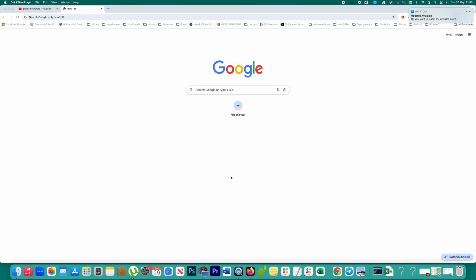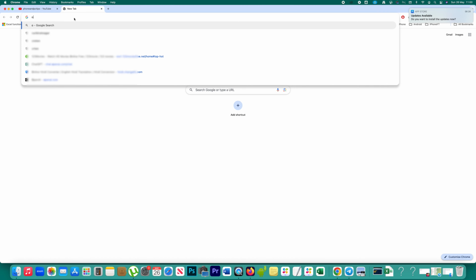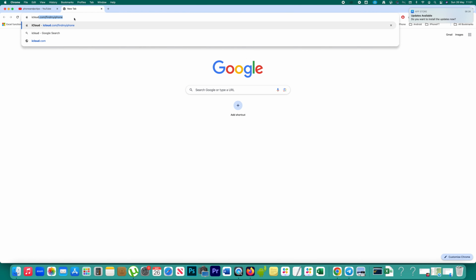If you want to find a missing iPhone that does not have a number, let us see what to do. Now there are two requirements for this one. First is your iPhone should be on. The next one is it should be connected with internet. So what you do is go to any web browser and then open this website